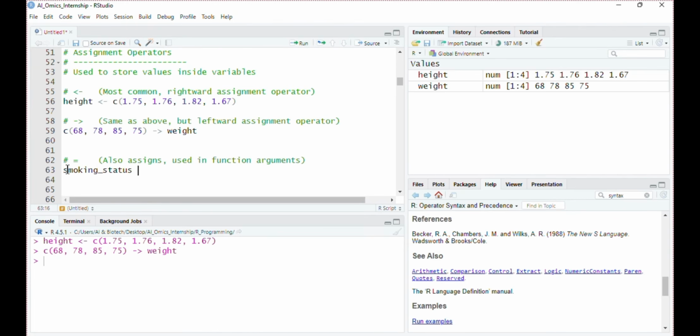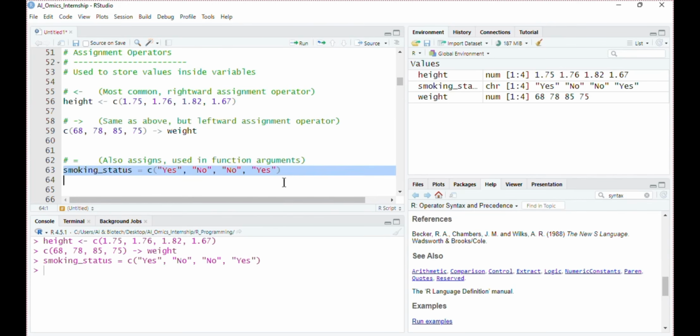Smoking status equals to, and values for the first individual it's yes, second no, third again no, and fourth one is yes. So in this way we have created three different variables using three different assignment operators.